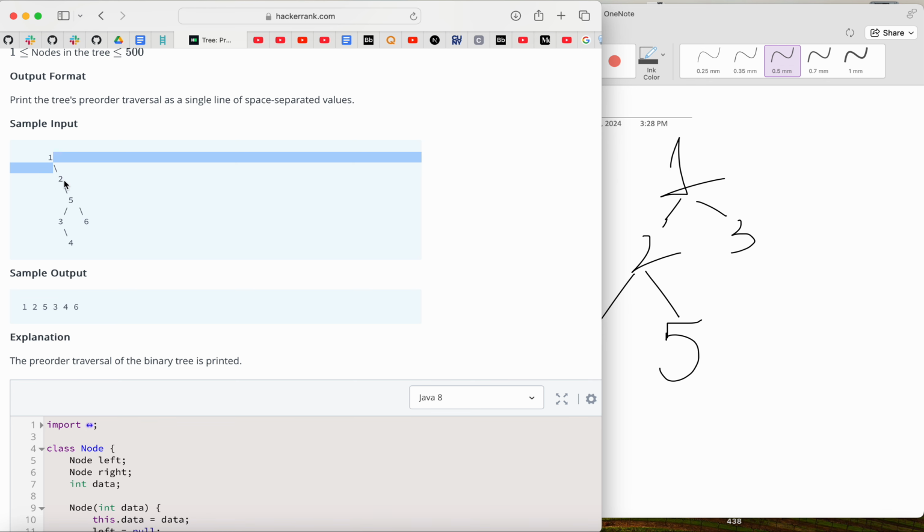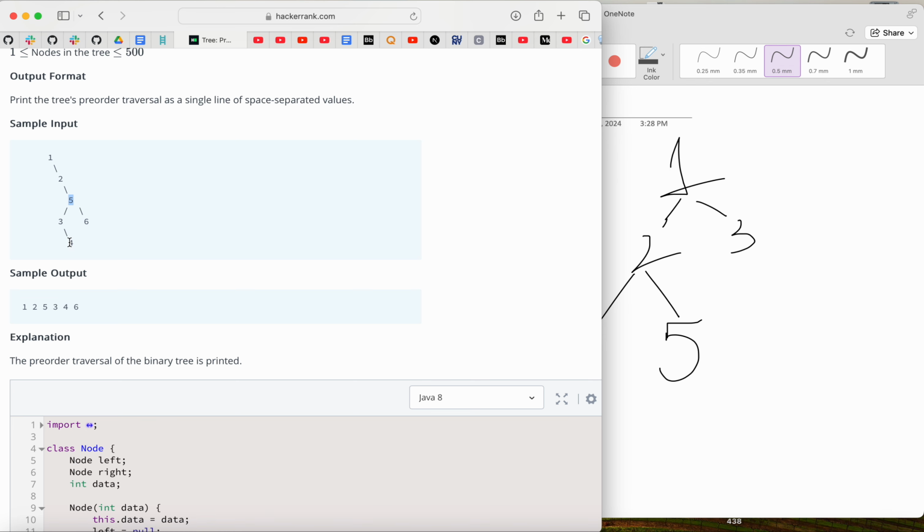We're only visiting the left subtree first, so it's going to go down to 5, and it's going to print 2, it's the root. Then it goes down to 5, that's also a root, but it has left and right children, so it's going to print that, and then visit the left, which returns immediately since there are no children, and then it's going to visit the right,